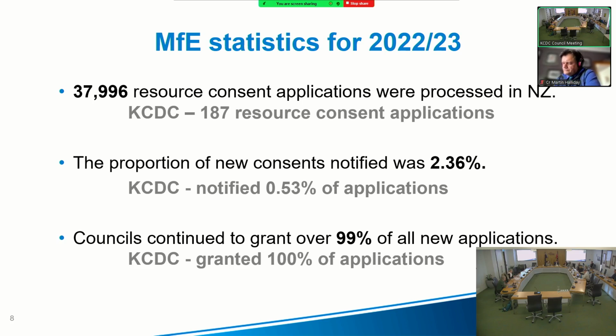How many applications get withdrawn? Well, that number is high. Yeah, and that kind of is reflected in the number. Applicants know when the effects are checking into more than minor, and it's going to check into notification, limited or public notification. And that's kind of where their proposals change. They withdraw the applications or put them on hold.